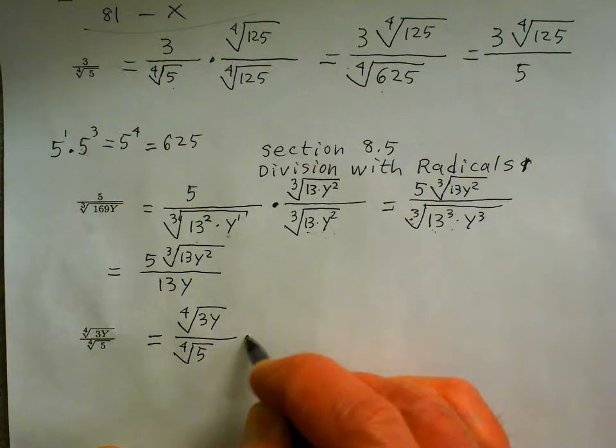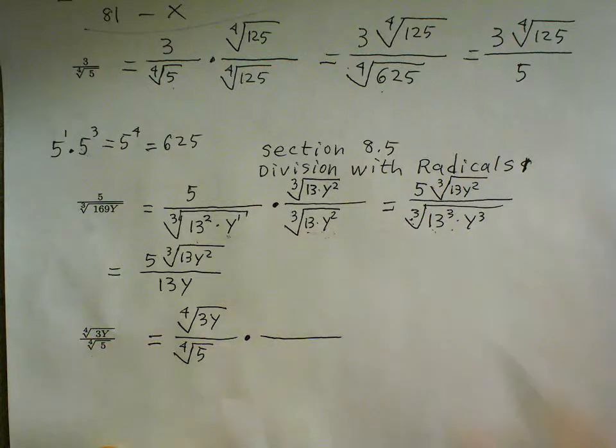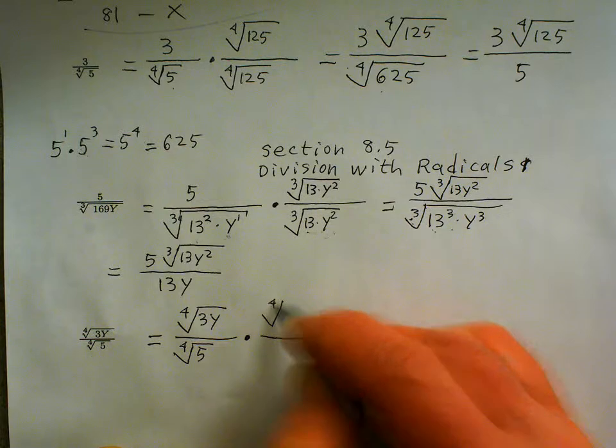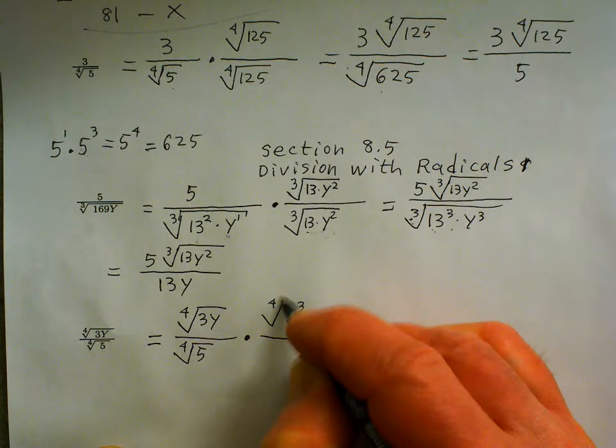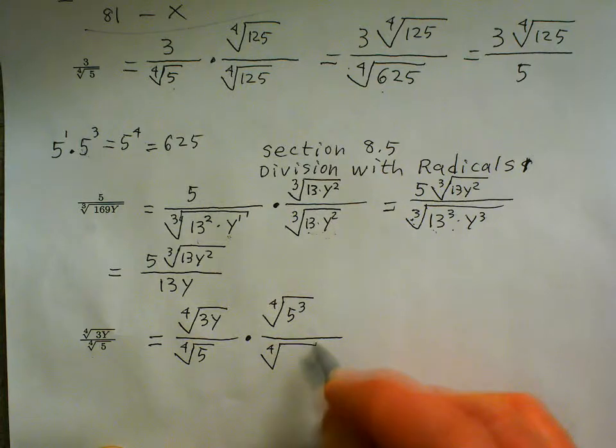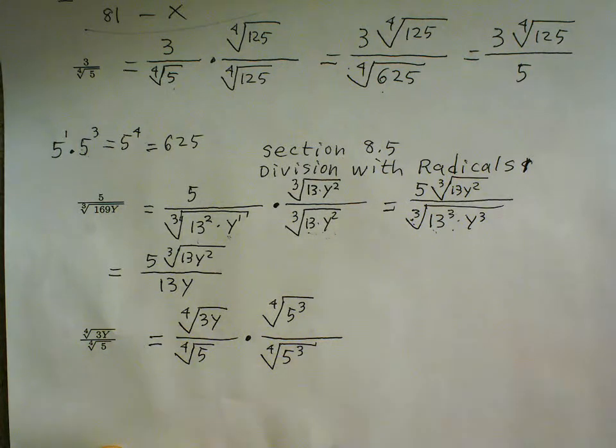What form should 1 take? 5 cubed. Yeah, the fourth root of 5 to the third, or the fourth root of 5 cubed. The reason we're choosing the fourth root of 5 to the third